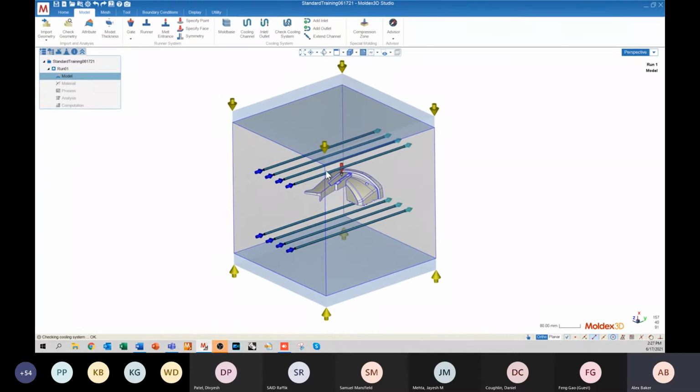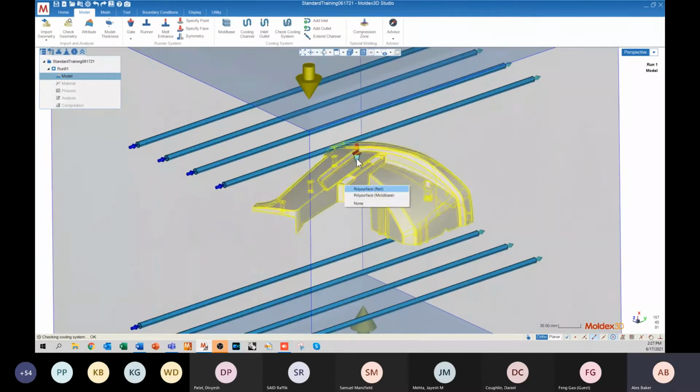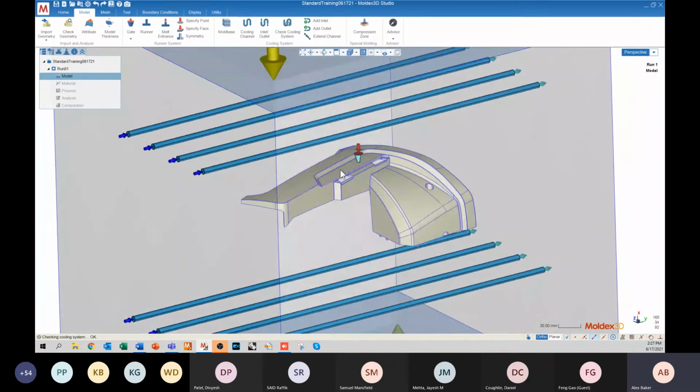All right, so just as a recap here, we have a part and the gate. The part and the gate alone would allow you to run a filling and packing analysis. You really don't need any sort of cooling system to run a simple filling and packing analysis. But if you want to go further past the filling and packing, if you want to study the cooling cycle,